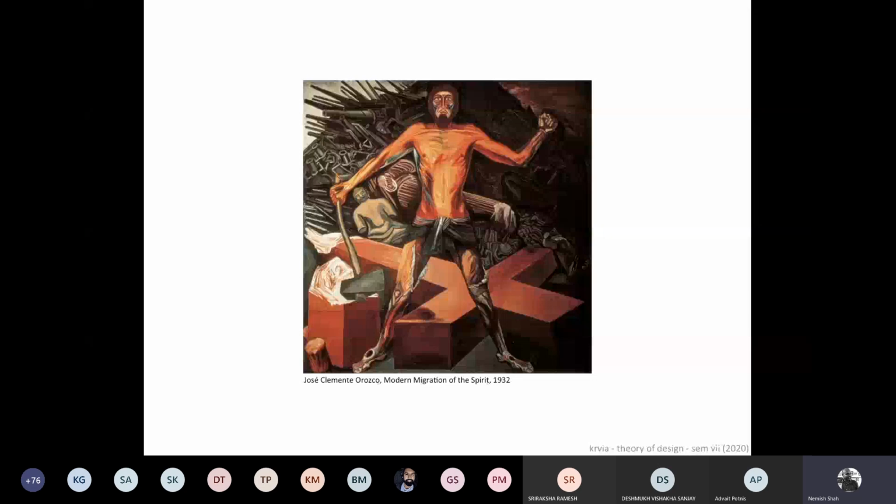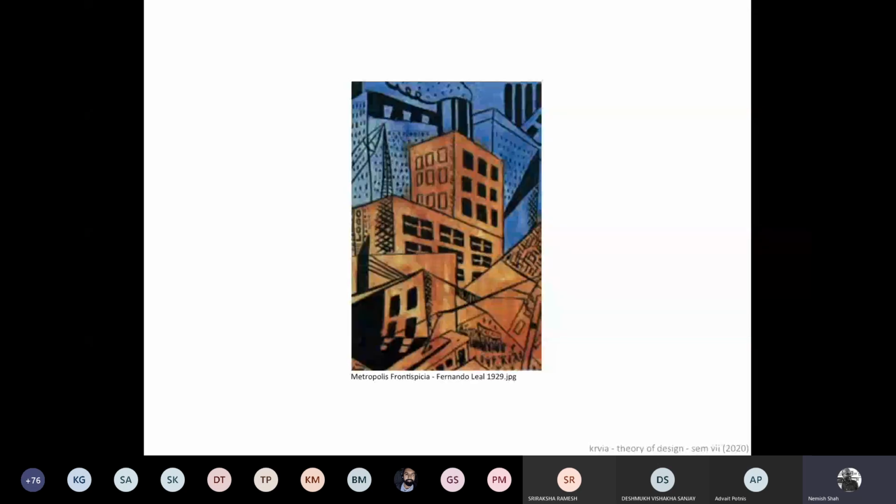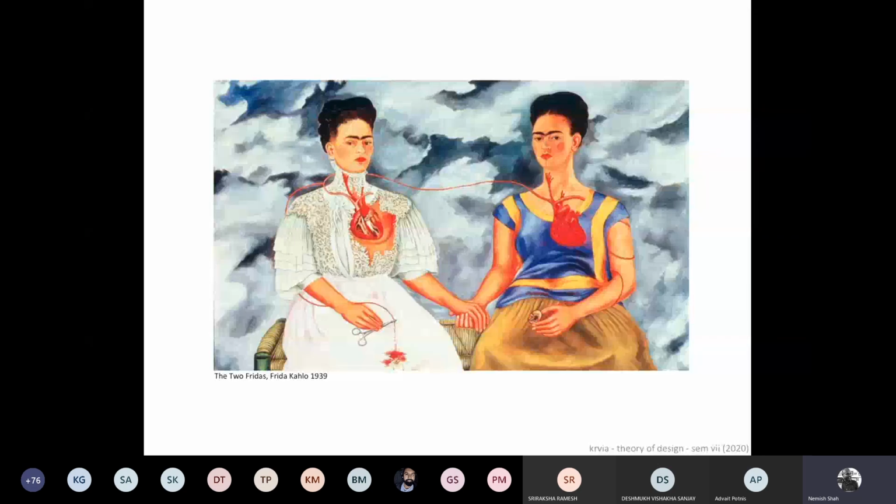This is another guy who's also important, and this sense of very modern cities starts coming out in their work, and obviously this leads to one of the most important Mexican painters, Frida Kahlo, who is just immediately after this. She was actually the wife of Diego Rivera, and they both lived together. And Juan O'Gorman, whose mural I showed you, he built a house for them. So that world is so small and interconnected.